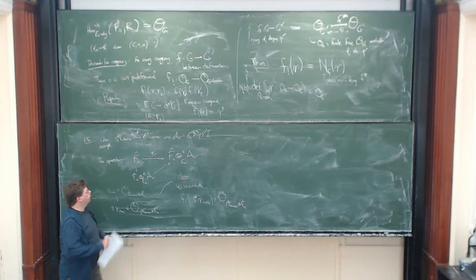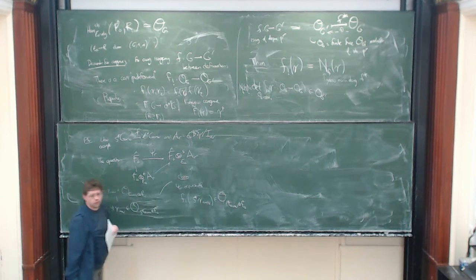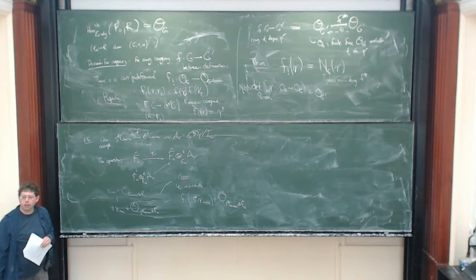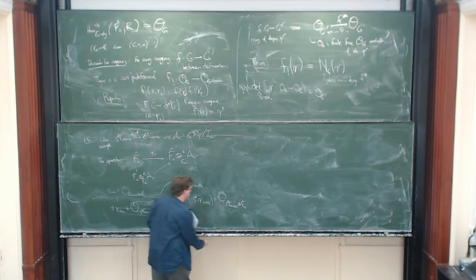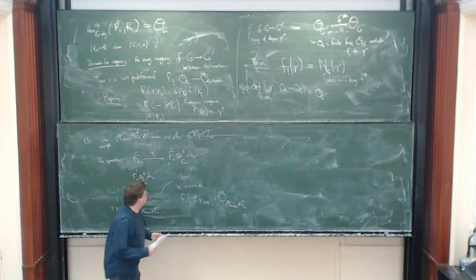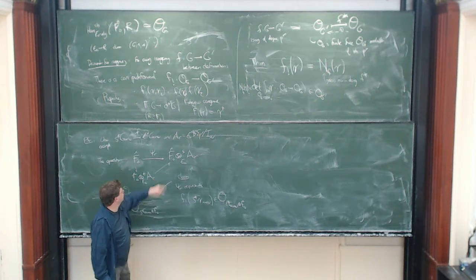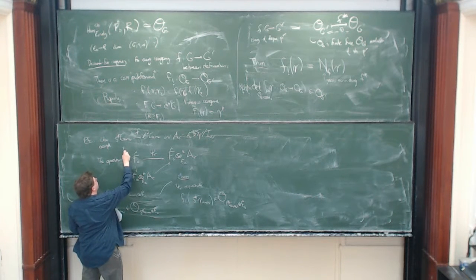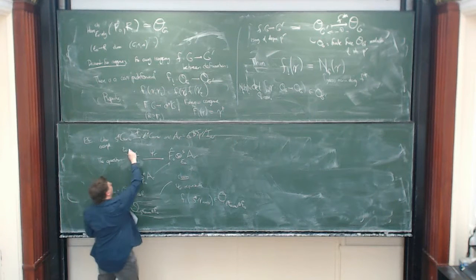What is I? The ideal. This is the transfer ideal. It's the ideal generated by transfers from proper subgroups of the form sigma I times sigma p to the r minus I. So this is a transfer ideal. It's always surprising that somehow I was supposed to write something involving T, but it lands in the thing with S. But the thing to remember is that there's the usual inclusion of E0 into F hat, and the composite